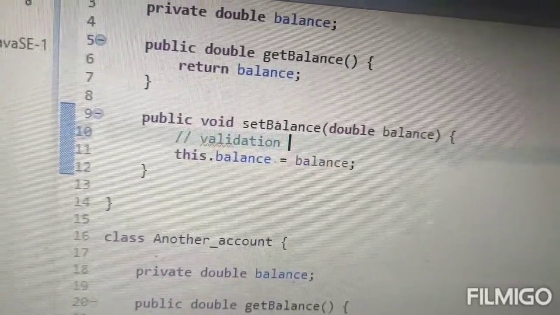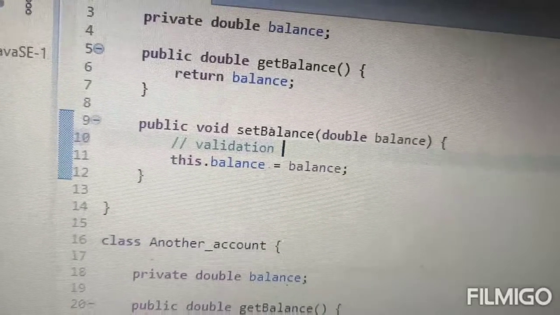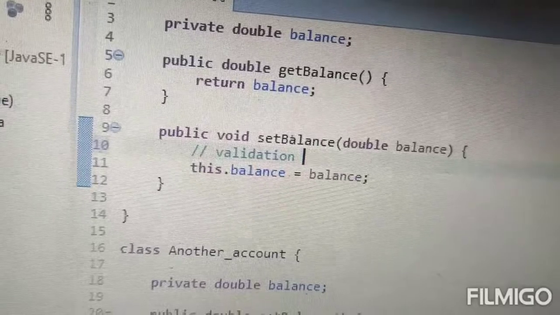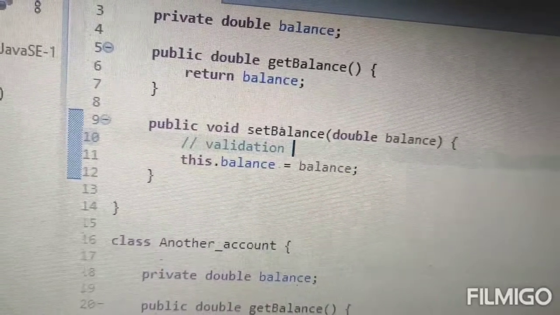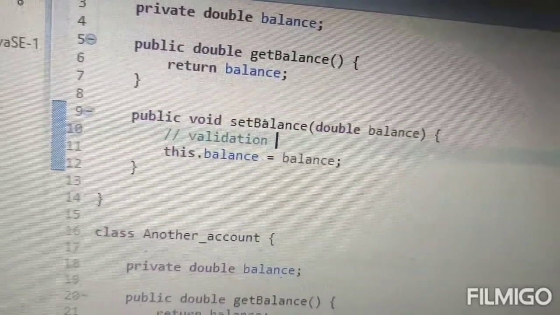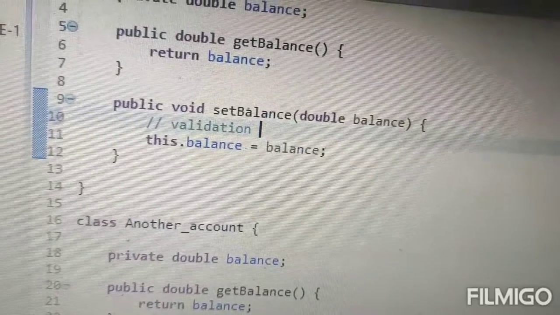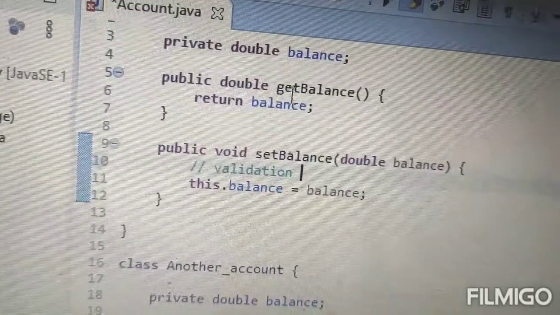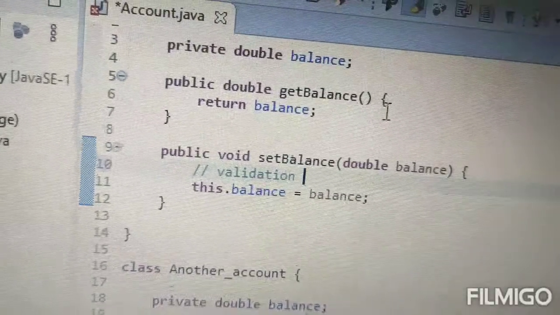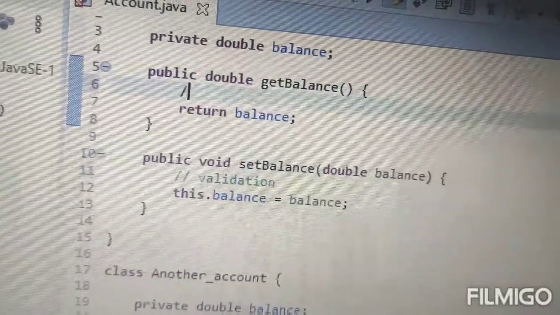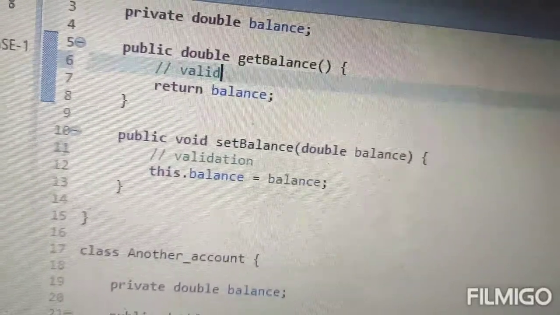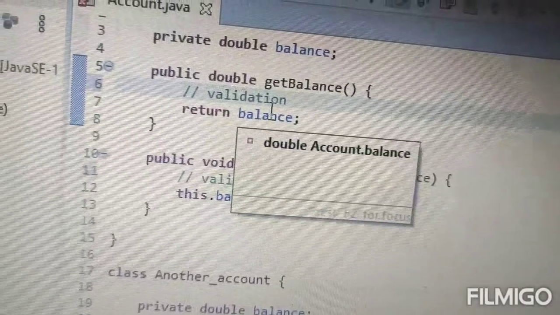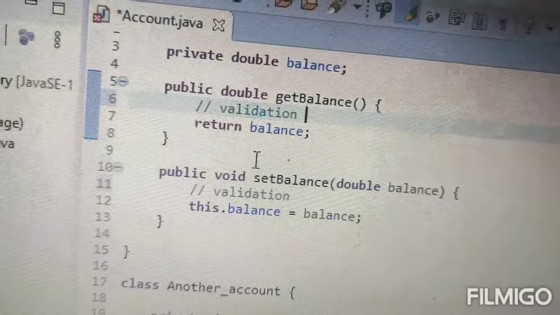For example, the balance should be greater than 0, and you have to provide your proper signatures, and then it will be verified that you are the right person to set the balance, and only after that will you be able to set it. In the same way, this getBalance also works. It will also apply some validation here, and after that only it will return your private data member balance to you.